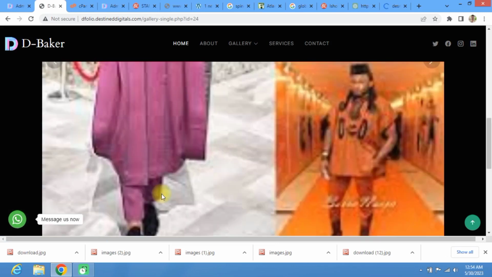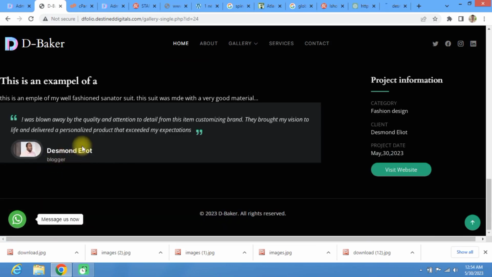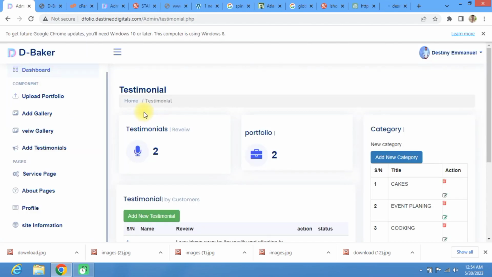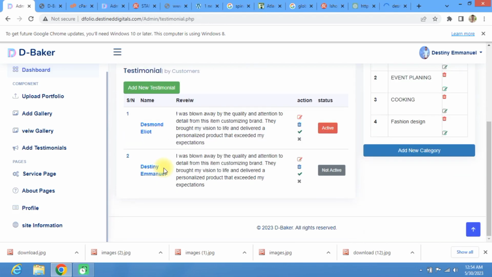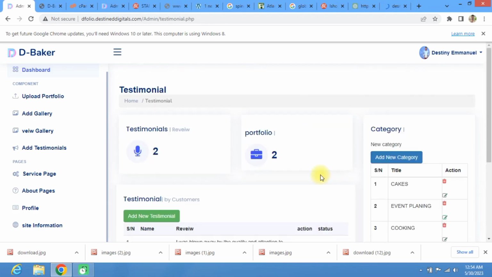Okay, so that's it, and that's how to use the D-Folio script. It is very easy to use. You don't need to write any line of code. All you need to do is follow the video right from the setup session down to the uploading and everything. Okay, so as you can see right here, we have 2 portfolios and we have 2 testimonials. Once we add other testimonials, these numbers will keep increasing, and if we add other portfolios, this number will keep increasing. Okay, so this is the main dashboard,